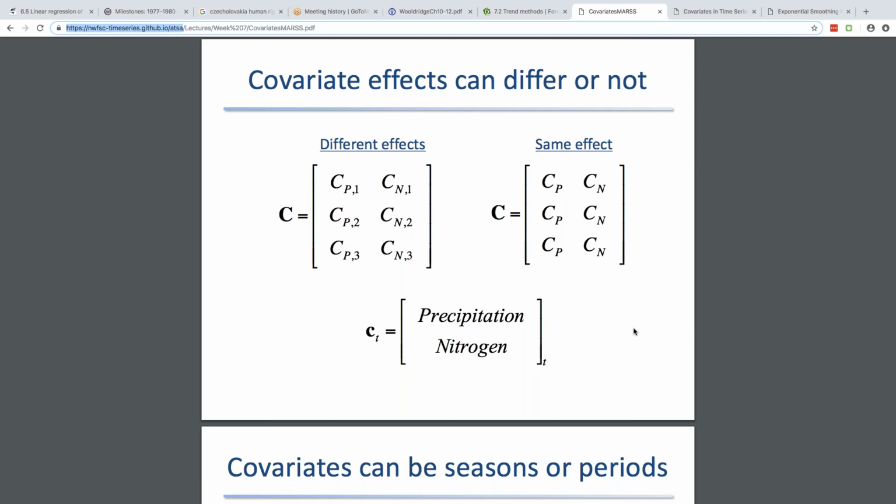Yep. If you have a whole bunch of covariates, how would you decide which ones to include in your model? Because this assumes you know it's going to be one or two, right? And then you can fill in the structure. Yeah. So then you're getting into that question of variable selection, and